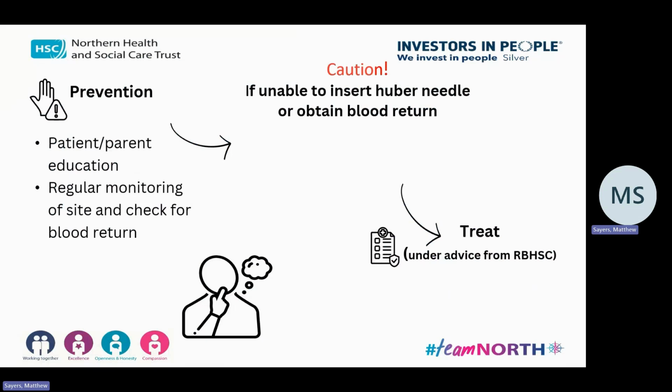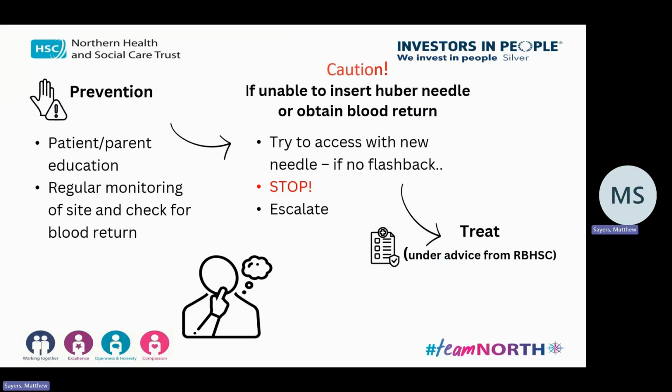And then it's that regular monitoring of the site: checking, is everything flushing nicely, is there any redness, has the child spiked a temperature, anything like that is going to prevent future problems. If you're unable to insert the Huber needle or get blood return, which I've seen, you access but can't get a flashback,